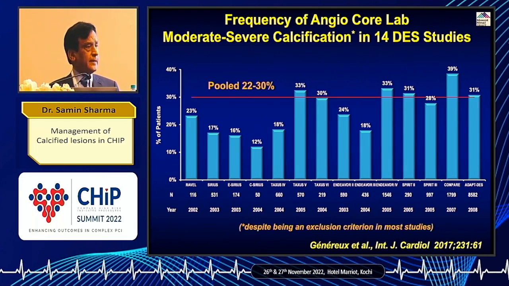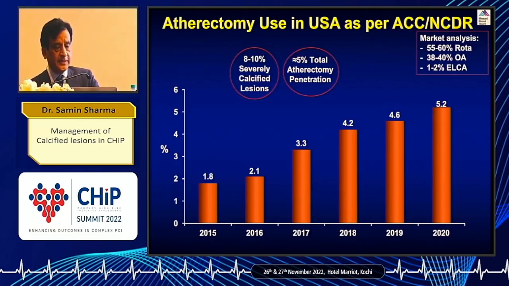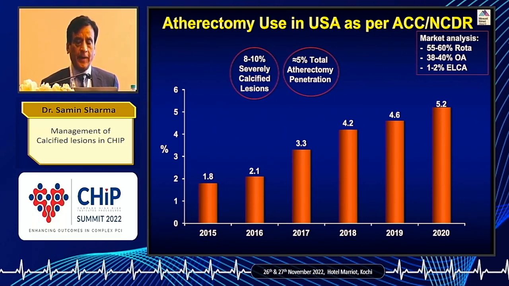And overall, if you take all the studies, moderate to severe calcium is present in about 22 to 30% of cases, roughly about 25%. The lesions which we intervene on are moderate to severe calcium. Now, just to give data from the United States, 8 to 10% of lesions are severely calcified. Atherectomy is still about 5%. So even in severe calcific lesions, prior to the IVL data, only half of them undergo atherectomy. These are the NCDR data, as you can see here. From a market point of view, it's about 60% rota, 40% orbital, and 1 to 2% laser being done at present in the United States,